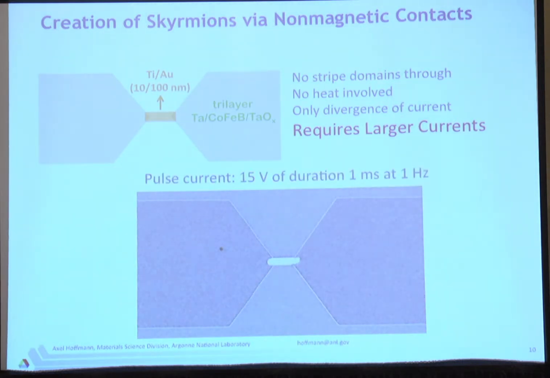But here you see the sample. And now as we pulse the currents at 1 Hertz, you see that with each current pulse, we do generate new skyrmions here, pretty much out of nothing. There's no pre-existing magnetic structure that sees this. So it's only this inhomogeneity of the current. So now that we have studied in detail how to generate these skyrmions in these kind of structures,